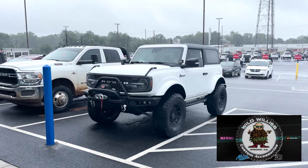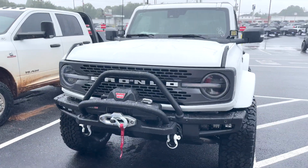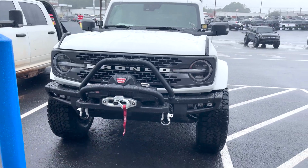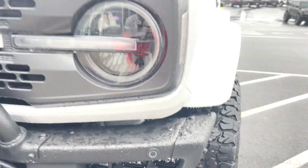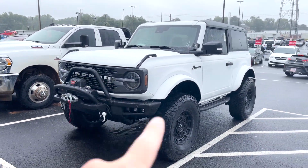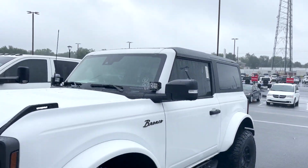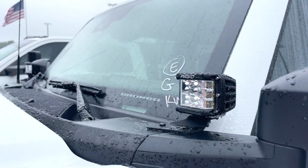Check out this bad boy right here. Two-door Bronco custom Apex edition, looking amazing. Got the front winch in the factory modular bumper with our Raptor rigid triple fog kit down below, looking great. Putting out ample lighting legally on the road, plus floodlight spotlight combo. Got rigid lights up on the A pillar as well, emitting great light from side outcast and forward as well,